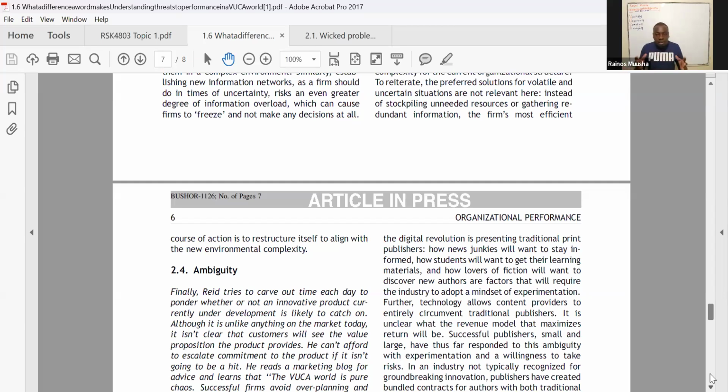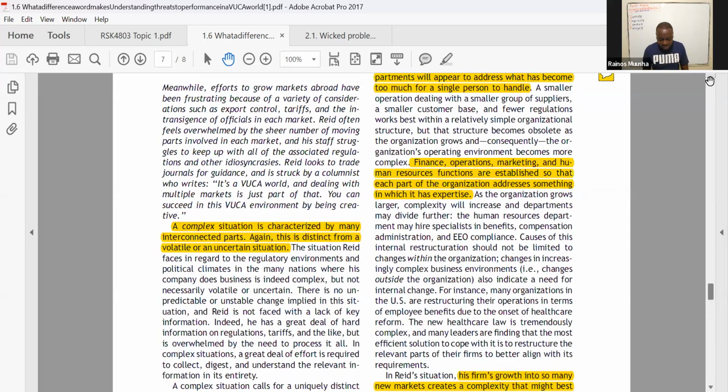So the only and best way to deal with a situation which becomes complex is to break it down into specialty functions as well, where there's a function which is going to be specializing in a certain activity of the organization. And that way, this is how an organization is going to be able to cope with a situation which is constantly becoming complex. So if you check in table 1, where they discuss complexity,